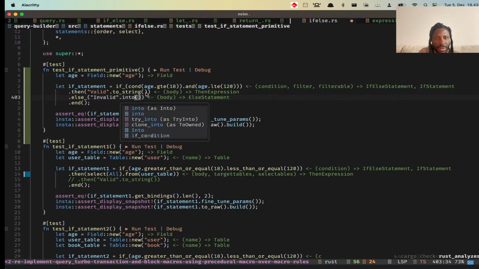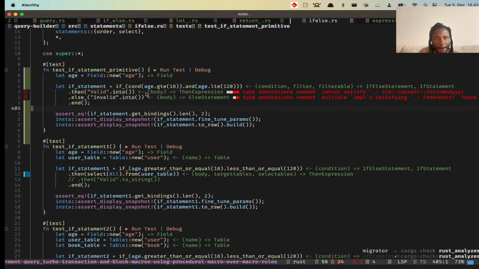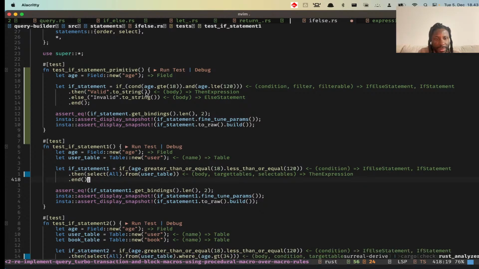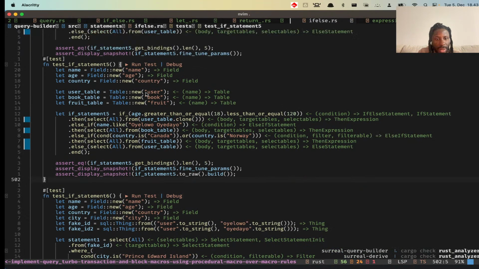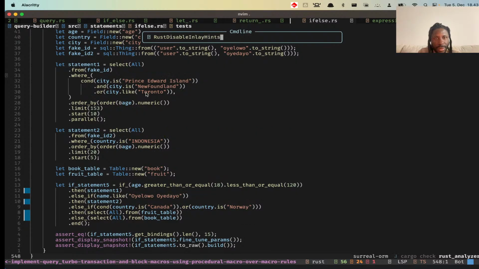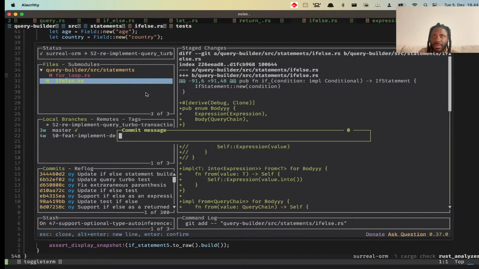To them, you can just do into, maybe into there also. Okay, we have to use a concrete type there. Remove that, and I think we're actually good. We're in good shape. Let's just disable the inlining, and let's commit that. The commit could be "supports single line body expression"